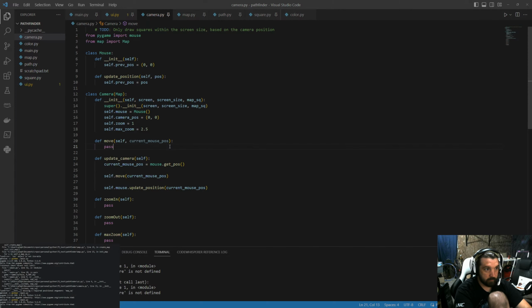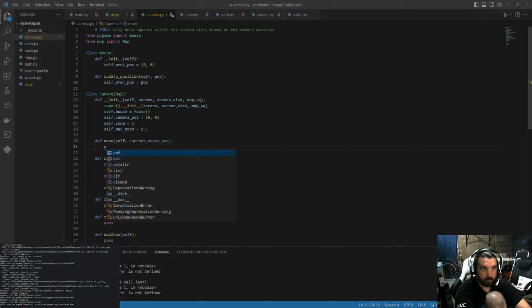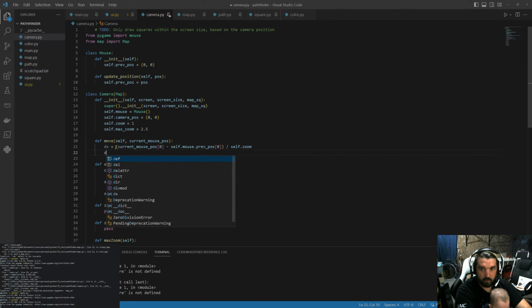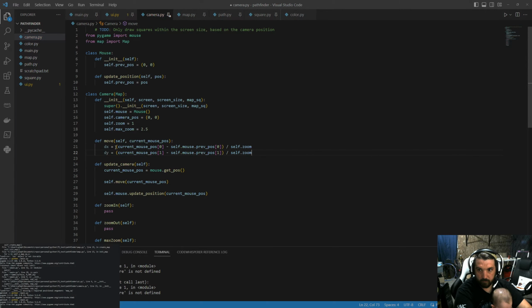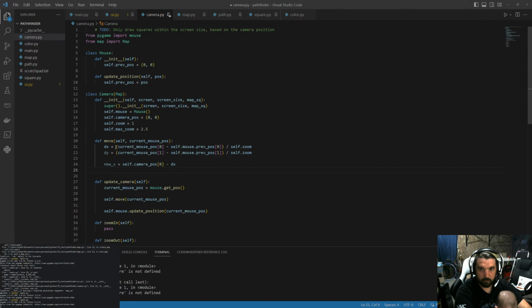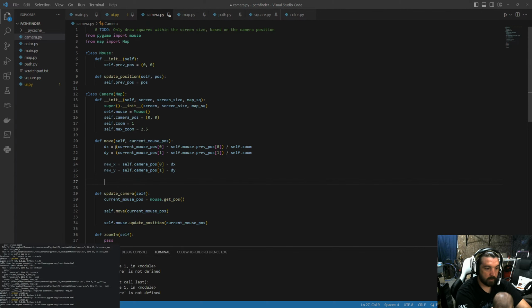And then in the move function, we will get the distance x, which is going to be the current mouse position minus the previous position. Since we're already factoring zoom, we will divide this by zoom, which is currently 1. For dy, we will do the same thing. For new x, what we're going to do is calculate the new x as the current camera position, and new y is also the current camera position. Then we are going to scaled